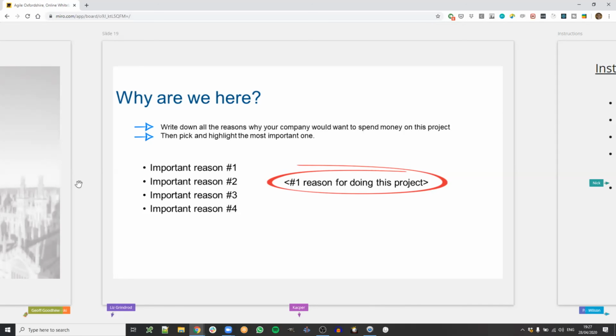So they don't even know why they're here. They're just here to code, kind of thing. But that's not good enough. You want to have some kind of reason why we're here, and there'll be lots of reasons, but you want to highlight the number one reason for the project to happen. That's the first thing to do on any sort of inception, just to set the scene.